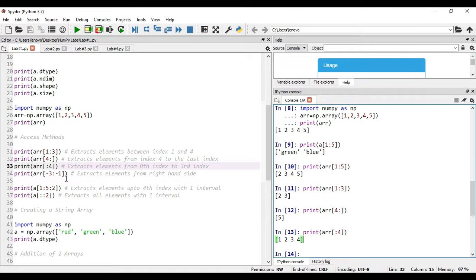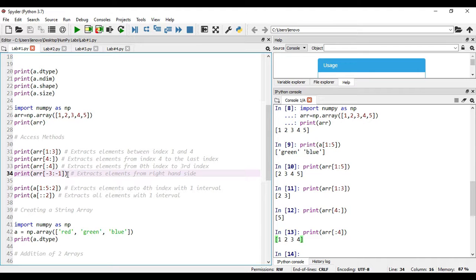Simultaneously, index values can also be negative. You can use negative indexing just like what we did in lists and tuples, and in the same way you can go for arrays also. What happens if I mention -1? Here, -1 represents the last element, because the search process starts from the right hand side.